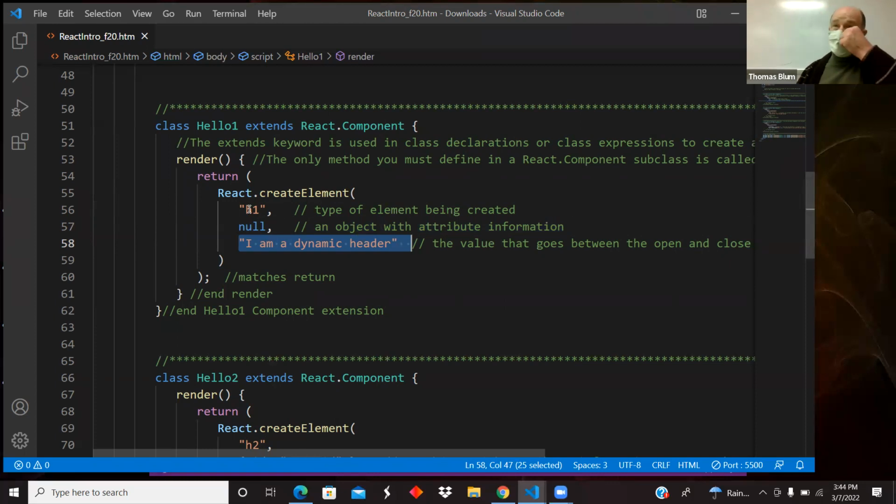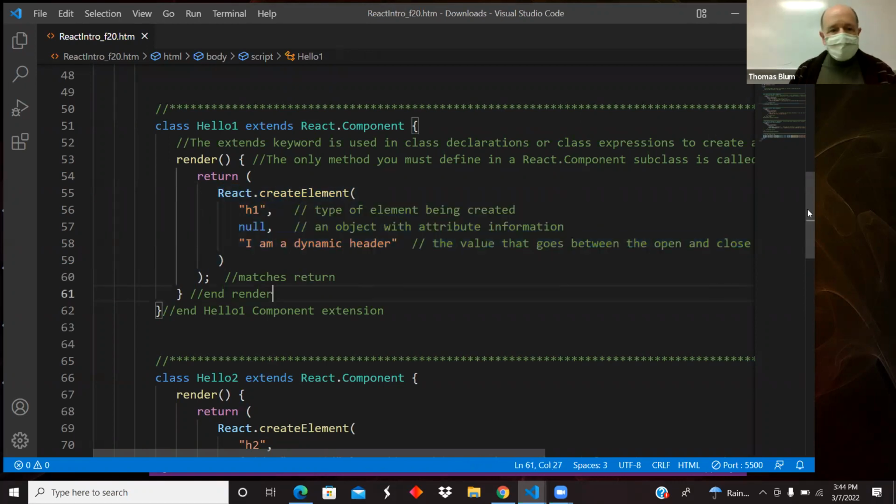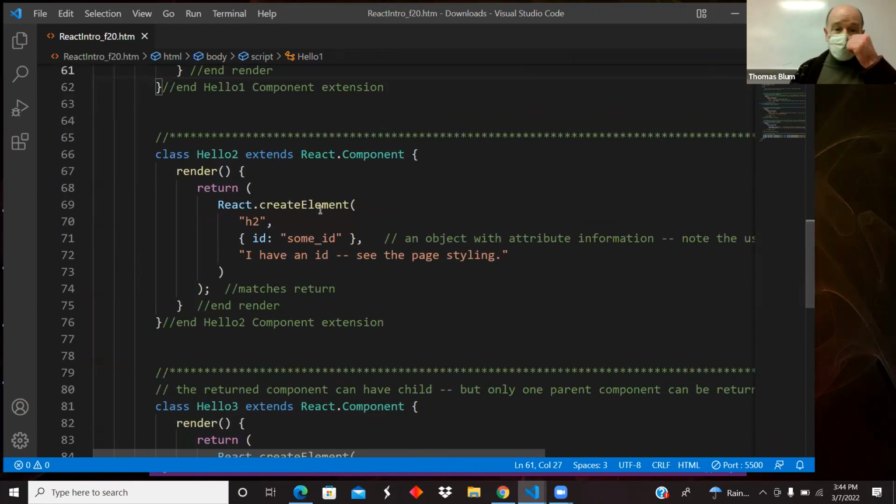So you've seen something like this, like when we were creating dynamically the radio buttons and the check boxes, we had like create element and set attribute and things like that. So this is just a compact version of that. Create an element, it's an H1 with no attributes, and here's the inner HTML. Version 2